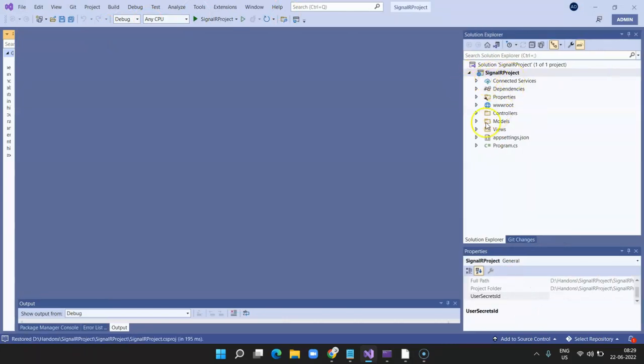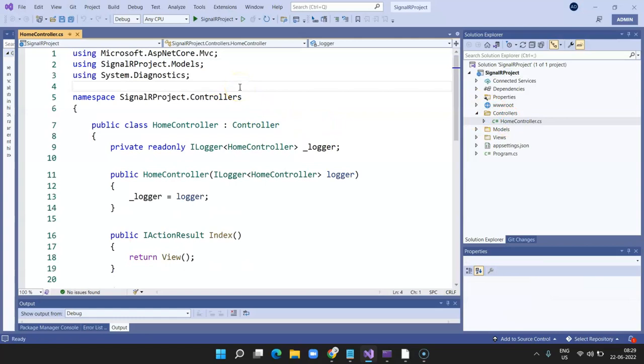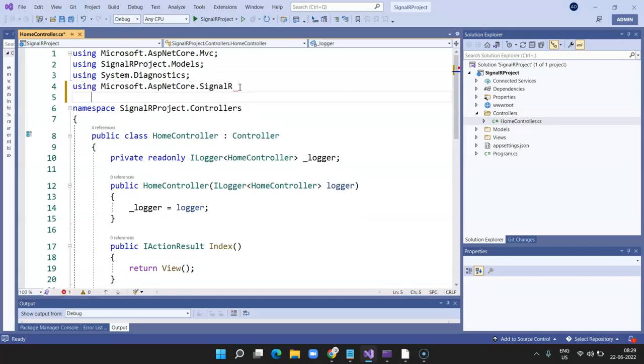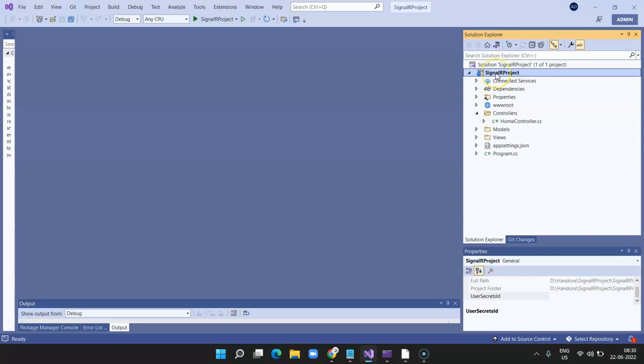Now the first thing we are going to do is, as I mentioned, the server-side code is already included in your SignalR. So if you go and say using Microsoft.AspNetCore.SignalR, this is already included. The server-side code is already included, so you don't need to include this library. Now we will go ahead and include the client-side library. Right click on your project,